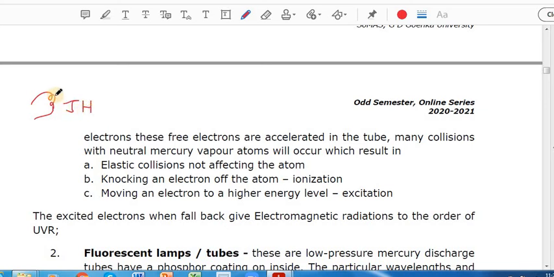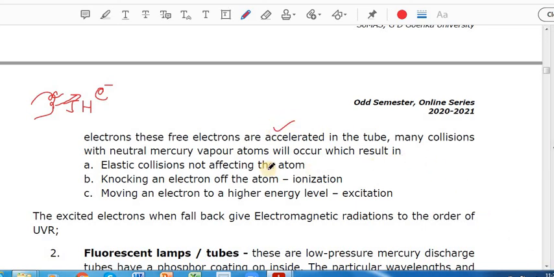So when this Joule's heating is very high, the electrons in this wire will gain a lot of energy, a lot of heat, and with that heat they are able to escape the atoms of this coil and come out. We now call them free electrons because they are highly energetic with kinetic energy, and they are free because they have come out from their parent atom. So highly energetic accelerated electrons are now available in the tube.